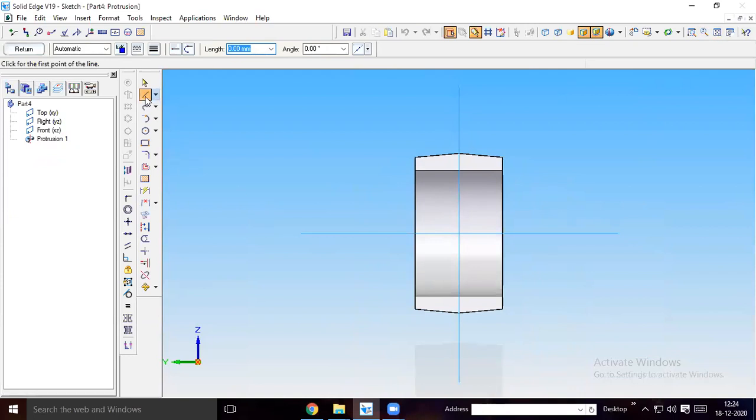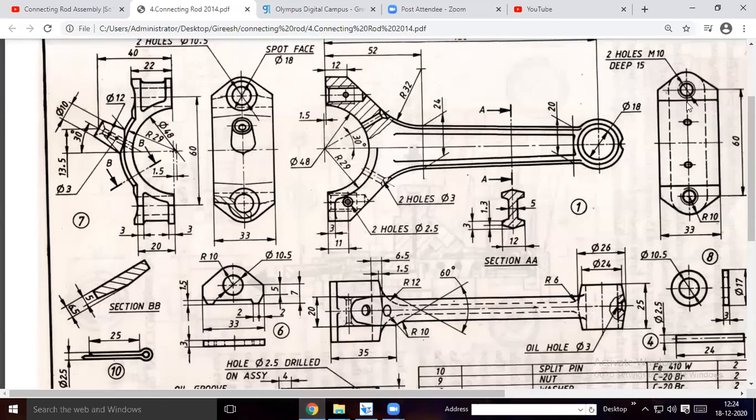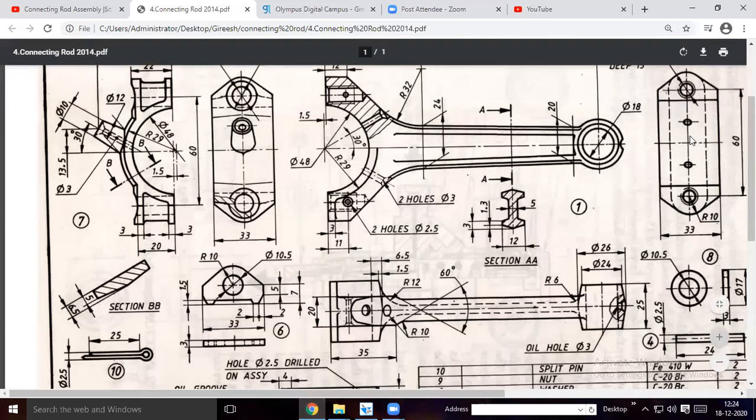So then, as I told you, from here to here, it is the center of, so up to here it is 24. So from here to here it is 60. Okay, here to here it is 60, and from there you draw a 10 mm circle as they are given.